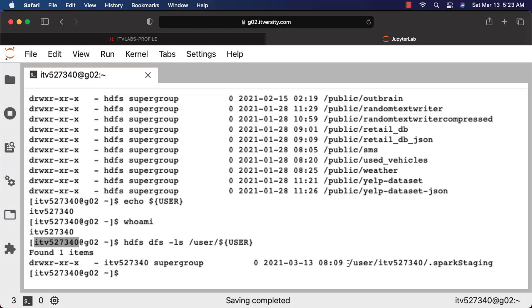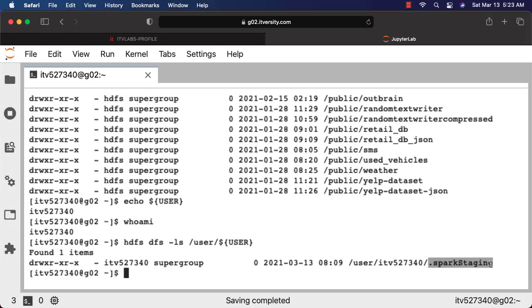You can see here, as part of my user space, as of now there is only one folder called .sparkStaging, because I have run one Spark job using the notebook earlier to demonstrate something. Otherwise we haven't copied anything yet. That's why other than this folder we do not have anything yet in this user space. If you want to copy files into this, either you can copy from an existing HDFS location, as long as you have read permissions on that location from where you are trying to copy the files, or you can copy the files from the local file system into HDFS.